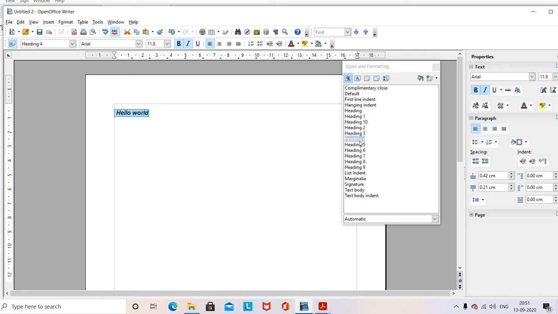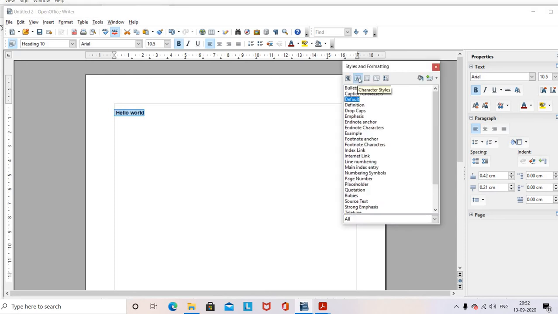So when I'm selecting a heading 4, you can see automatically the font name is changing, font size is changing, it is bold, italics and alignment is left. So like that you can select different headings. You can see if I'm selecting heading 10, it becomes Arial 10.5, bold, underline. So this is different types of styles that you can apply. So these are the normal basic heading styles.